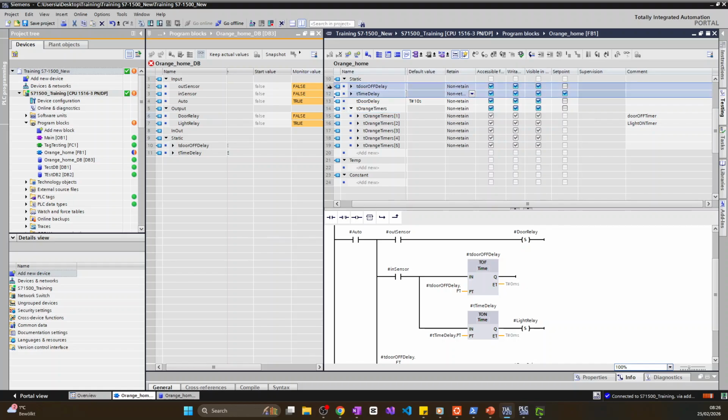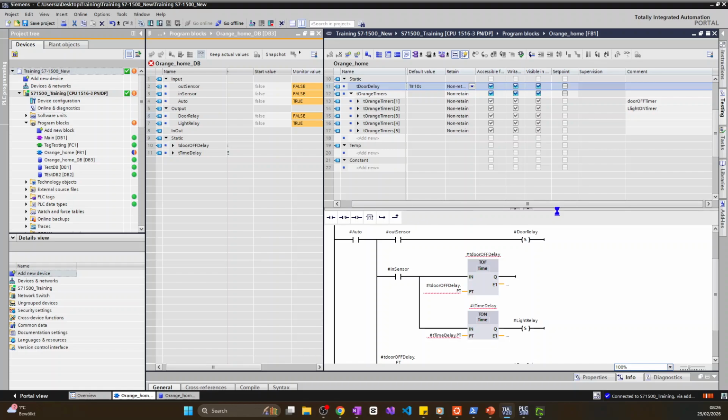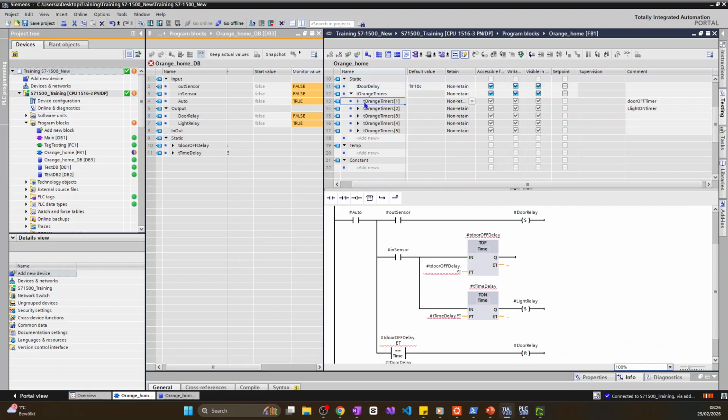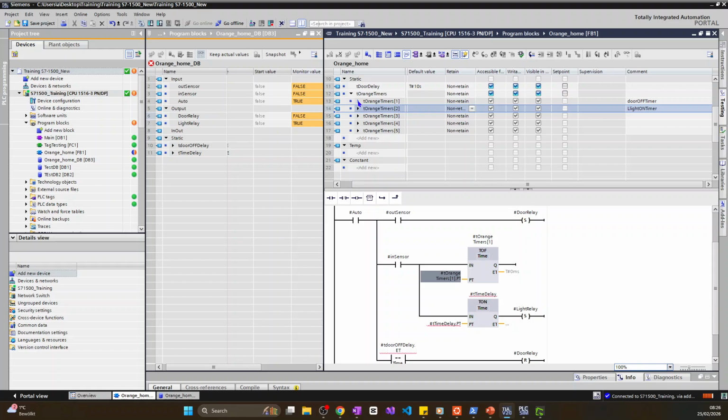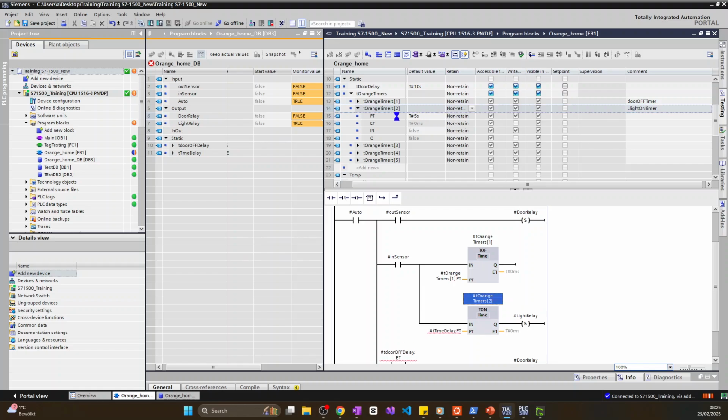These two, we also don't need anymore because now I've put them in an array. We should get errors, of course. Now I can link these ones directly. I can pull this directly to the TOF delay. And the PT, I need to link the PT straight. This is the PT to this. I'll also link the on delay timer, this to this. On delay timer to this, and then the PT, which is now 5 seconds,